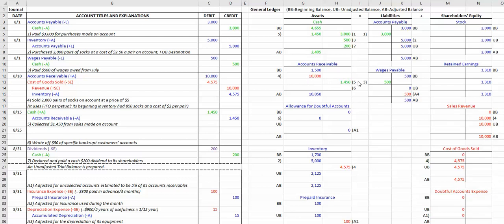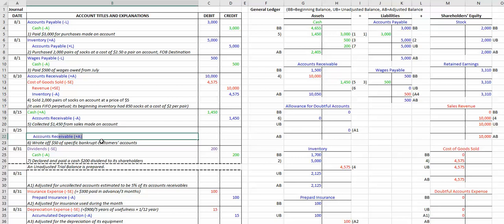They've collected 1,450. So they got cash from customers, collected their receivables. And now what's happening is management's found out that $50 for a particular customer has gone bankrupt and that they're not going to collect from that customer. So what they're going to do is they're going to write off the specific customer. The way you write off a specific customer is you're going to credit accounts receivable for that amount,